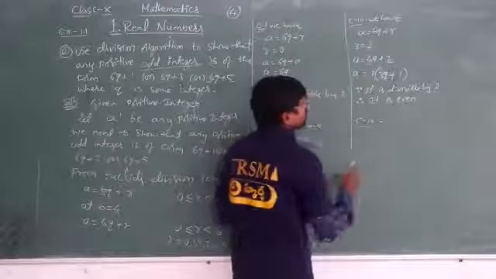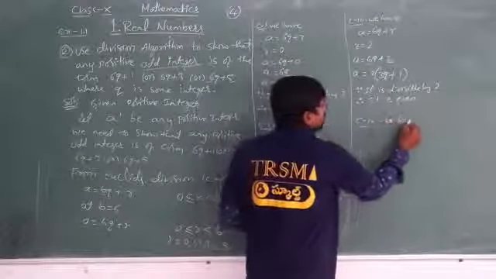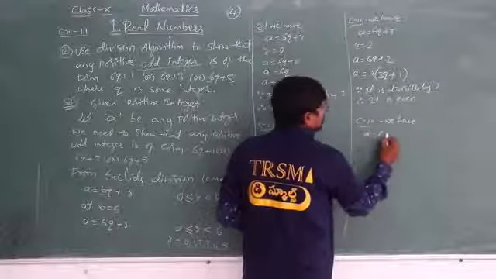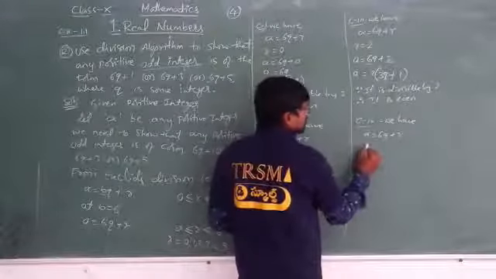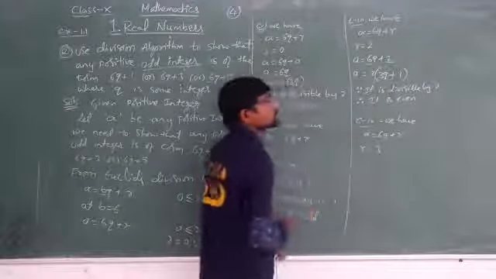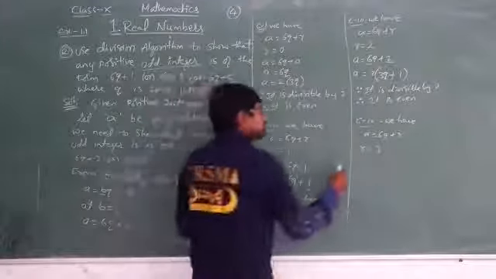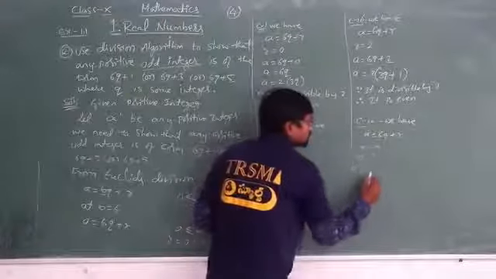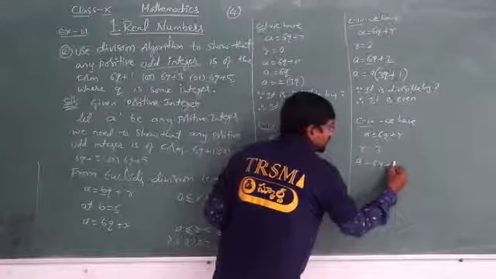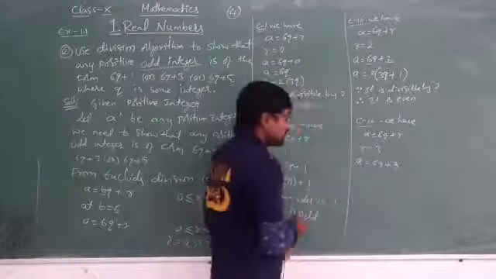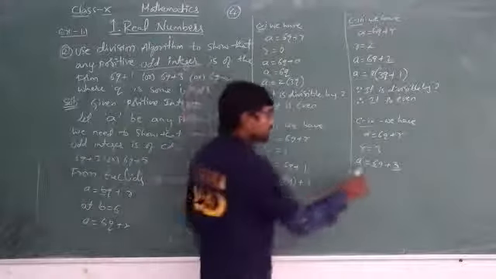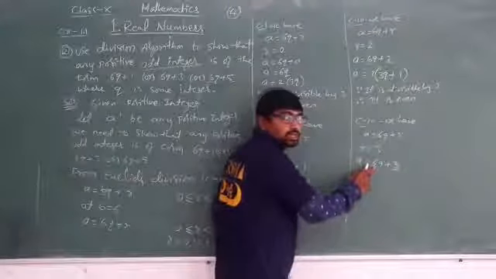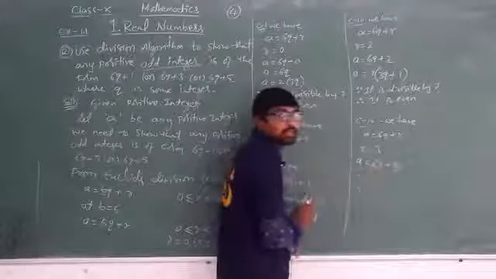Case number 4, what do we have? We have a is equals to 6q plus r, isn't it? So here I have to substitute r is equals to 3. So similarly I will be getting a is equals to 6q plus 3. From these both I can take only 3 as common. I can take 2 here common, but from here I can't take.